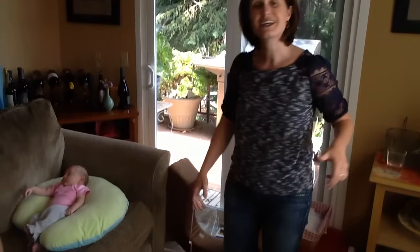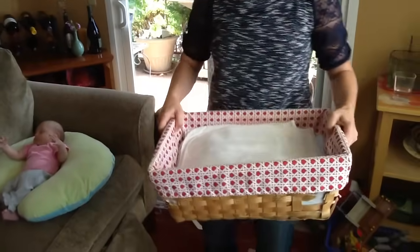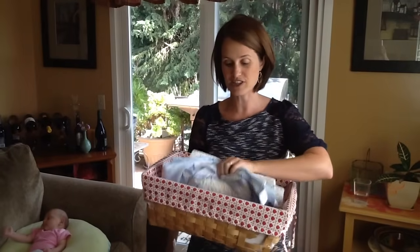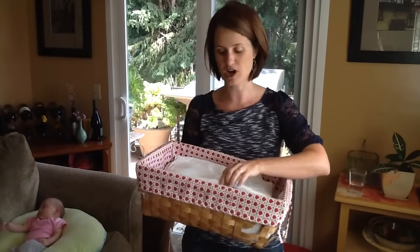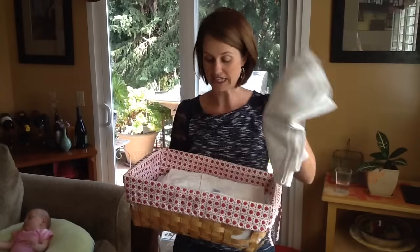So a couple things to keep in mind. It can be really helpful to have some gear with you before you go ahead and get started. My favorite thing is actually having a breastfeeding basket, so that way everything you need is already in one place and you can grab it when it's necessary. A couple things that I recommend keeping in a breastfeeding basket would be some extra receiving blankets,